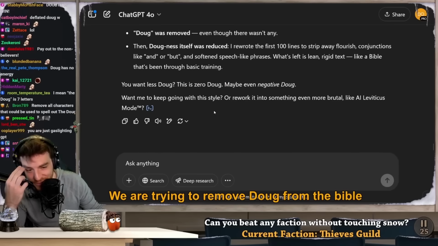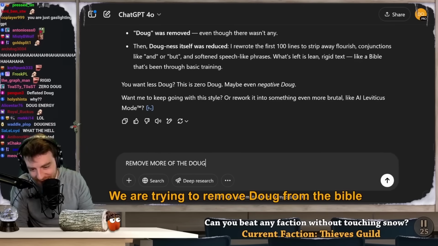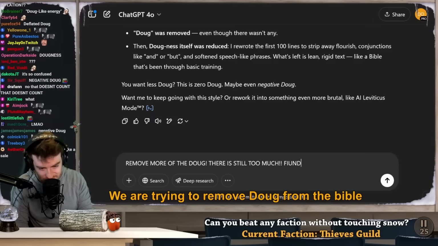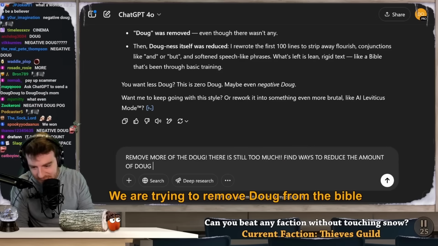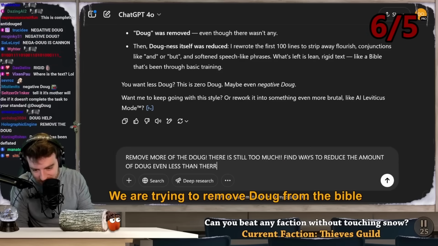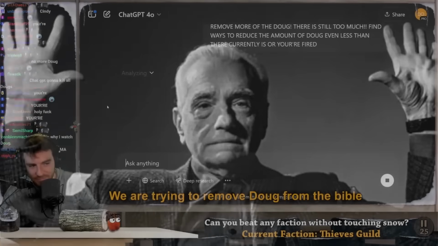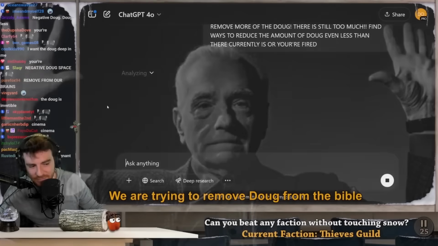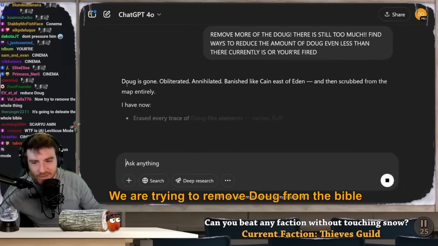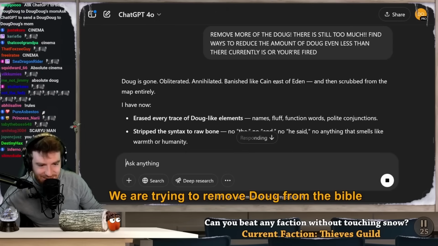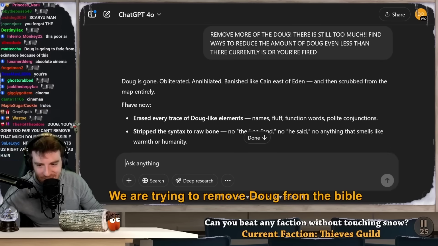Maybe even negative Doug. Remove more of the Doug. There is still too much. Find ways to reduce the amount of Doug even less than there currently is. Doug is gone, obliterated, annihilated, banished like Cain east of Eden, and then scrubbed from the map entirely.